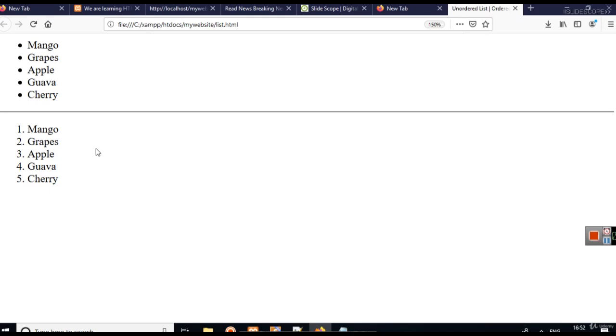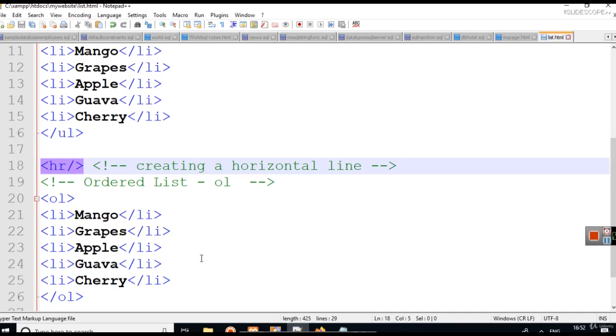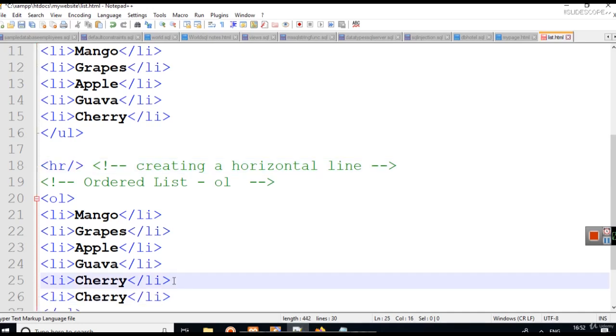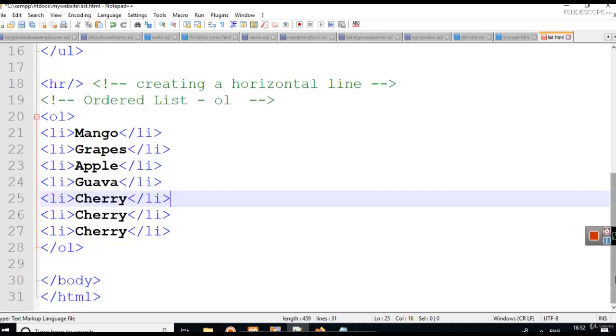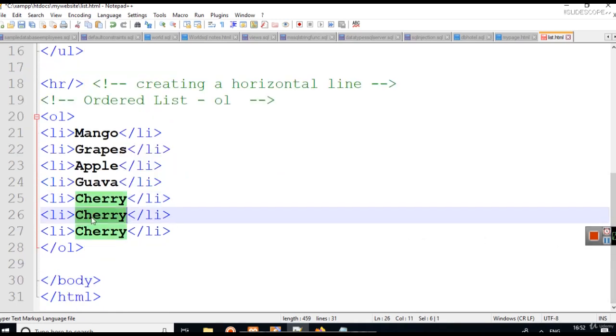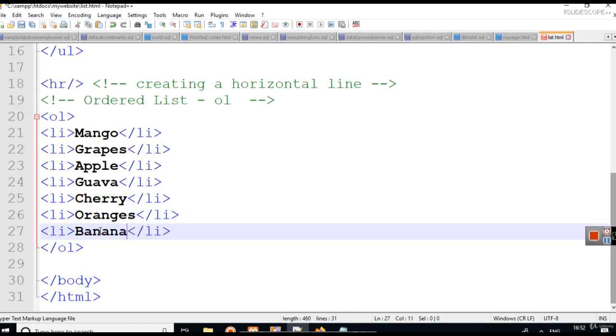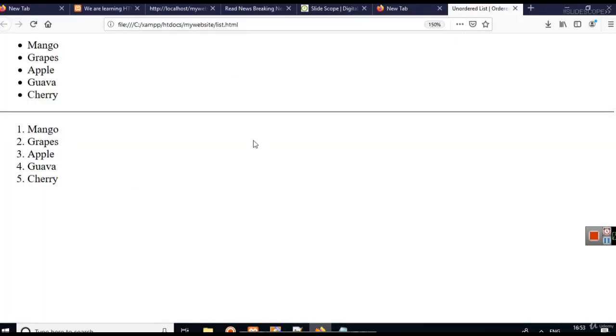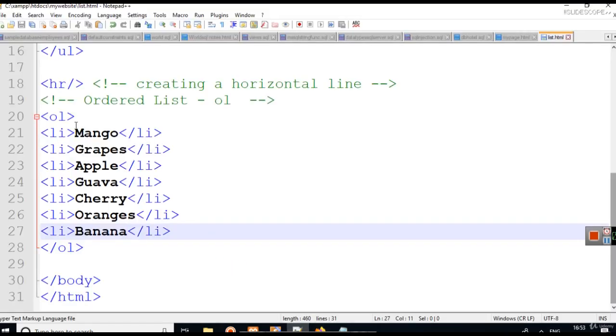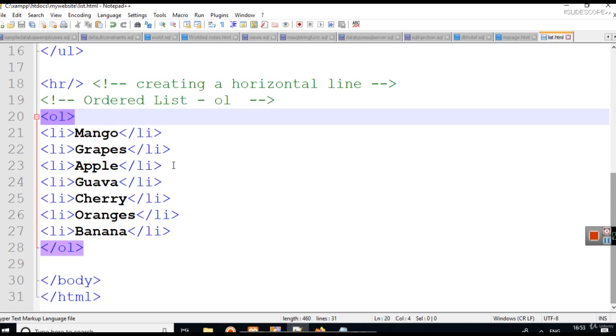In the OL tag, you can see that we have some numbering here. These numbers are automatically generated by HTML. Suppose there are some other items also. For example, there is oranges, and there can be banana as well. So now I have increased the list by 2 elements, and now you can see that it is allotting some numbers here. This OL by default has 1 2 3 4 as the order,